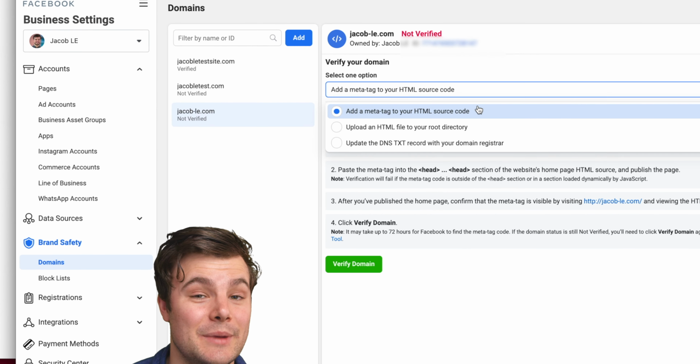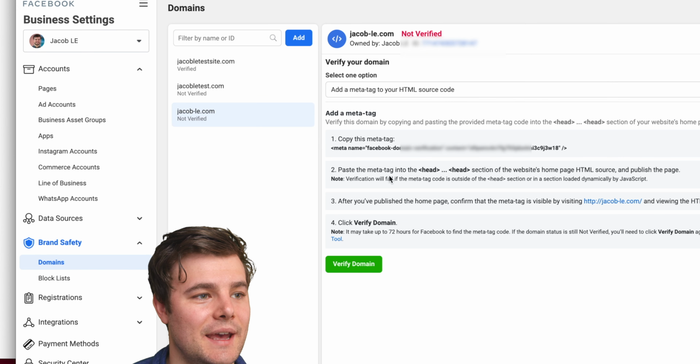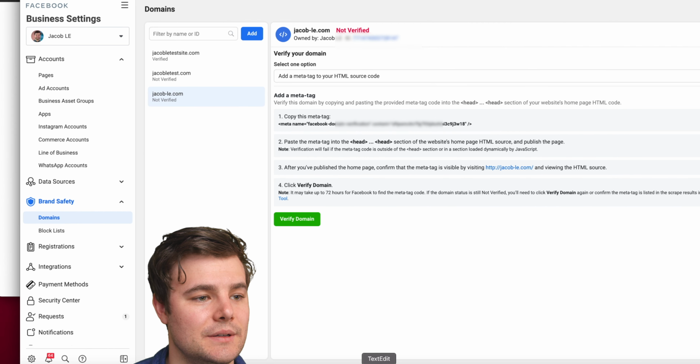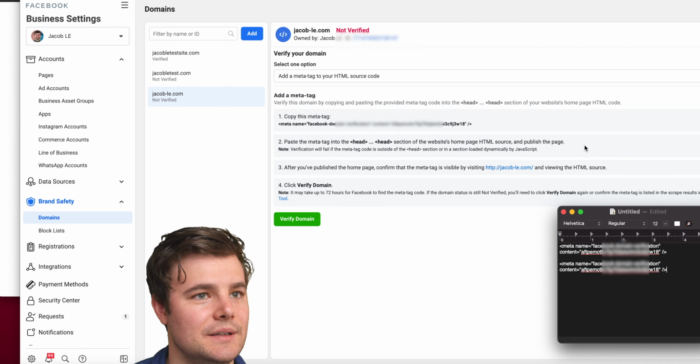For WordPress, I still recommend DNS, but if that's not working or confusing, you can go to Add a Meta Tag, and then just copy this meta tag to your clipboard. I'm gonna save it here as well to make it easier to access later. Then I'm gonna go into the WordPress dashboard